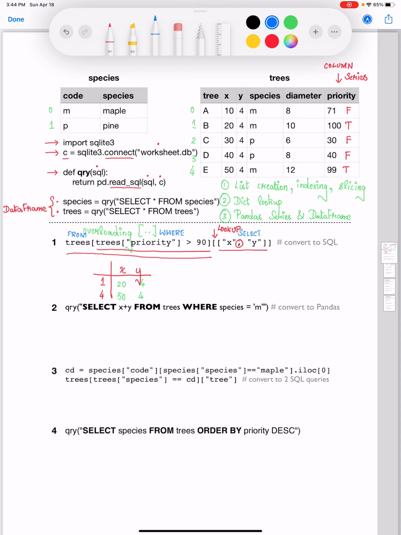So let me write down the query. So the query here is going to be select x comma y from, and the table name is going to be trees, and you're going to write your where clause here as where priority greater than 90.